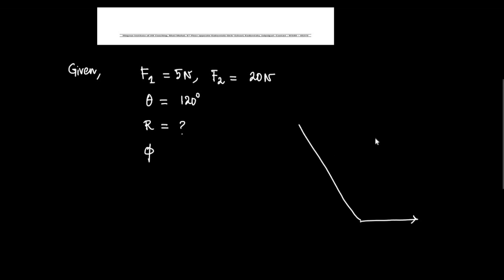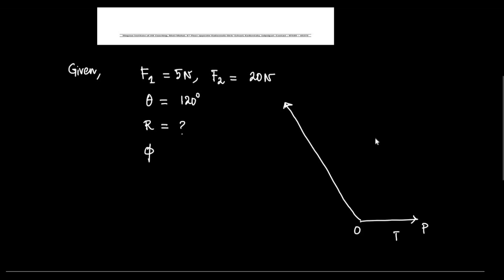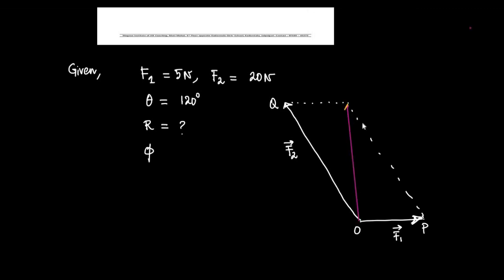So here two forces F1 and F2 are acting at an angle 120 degree. Along OP the force F1 is acting, along the direction OQ the second force vector F2 is acting. Taking F1 and F2 as two adjacent sides of a parallelogram, we can draw a parallelogram OPSQ. Along this diagonal, the resultant force will be acting along OS. OS is the diagonal along which the resultant force vector R will be acting,